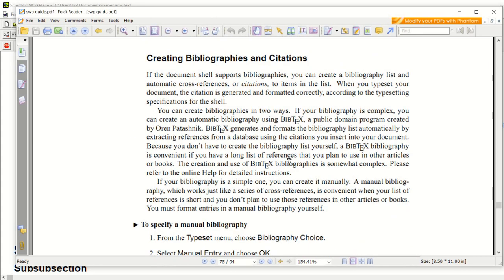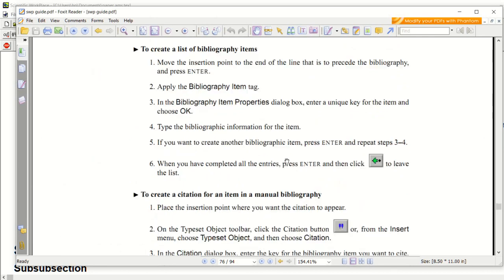Now we discuss creating bibliographies and citations: how to create the bibliography list and how to cite a bibliography item in the document. To create a list of bibliography items, move the insertion point to the end of the line that is to precede the bibliography and press enter.